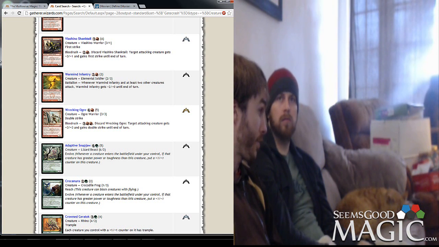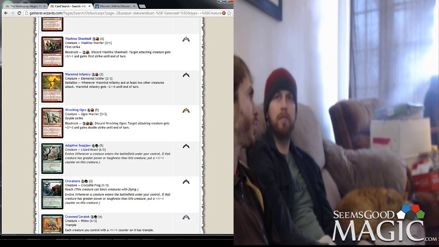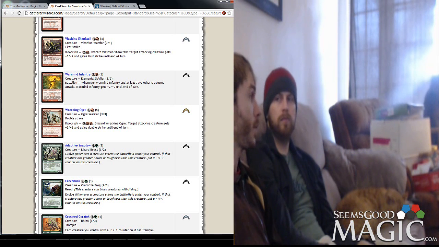So Shanktail's very good. I feel like it's a pretty high pick. It's also an uncommon. I like it in both Boros and Gruul. It's going to be awesome in Rakdos. It's going to be awesome in Izzet. First Strike is definitely a luxury there's not much of in Return to Ravnica. You've got your Splatter Thug. You've got your... What else? I mean, you've got your Double Strikers too, I guess, with Wrecking Ogre and Rare, but...